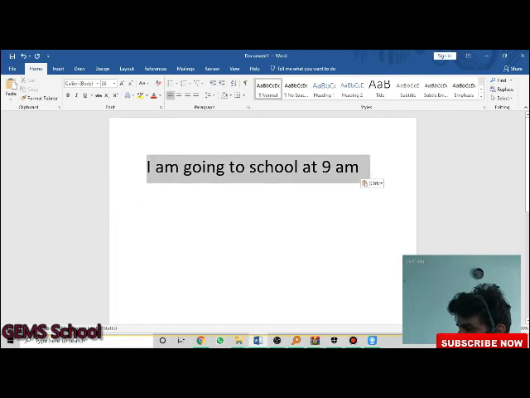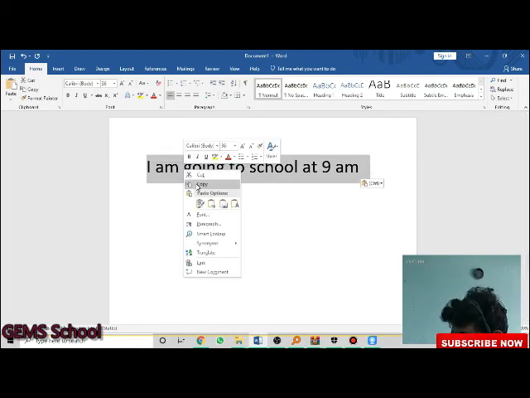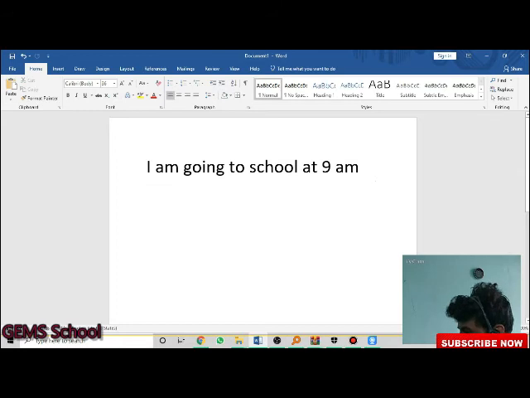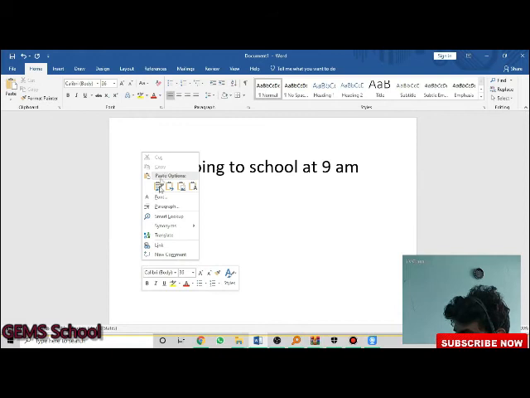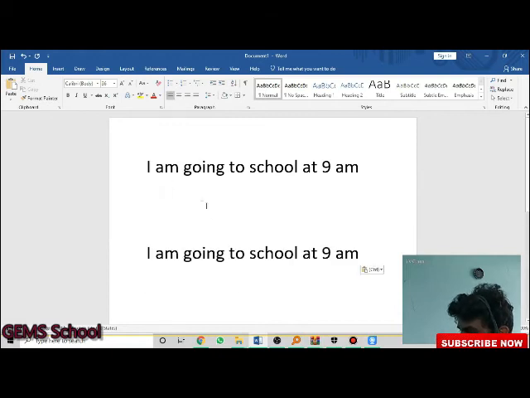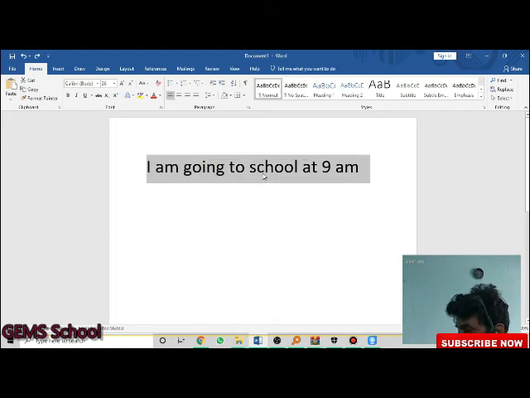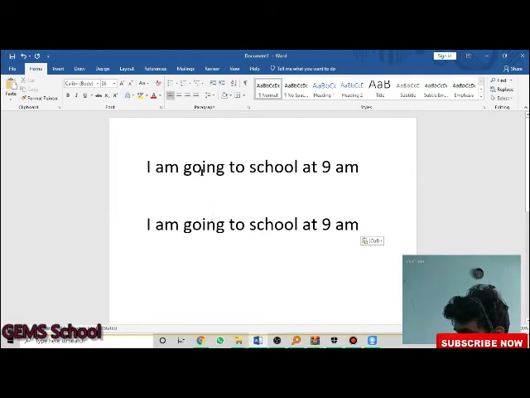Now again copy paste. Just select it. Click the copy and go to the new location. Just do this: right click, paste. See that, this is the copy paste. You can do it with right click, and one more thing, you can do it with the shortcut key. Control plus C is a copy and control plus V is a paste. Understand? Control plus C is a copy, control plus V is a paste.